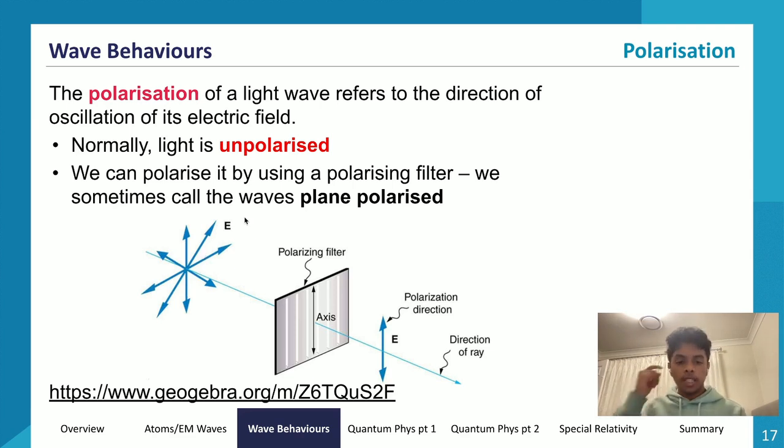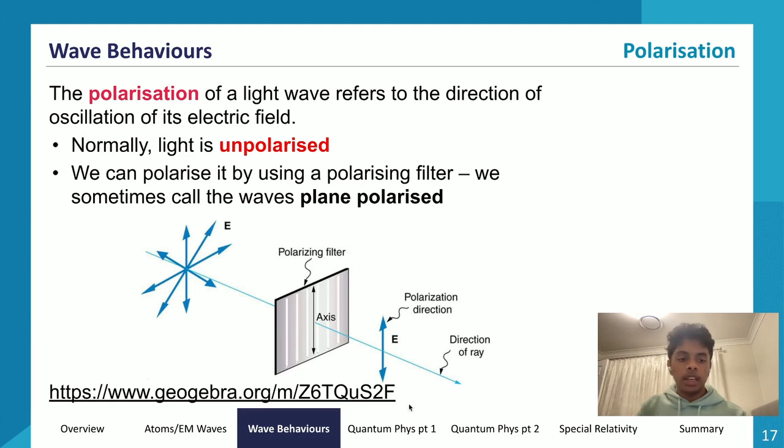What we do using a polarizing filter is we polarize the light by setting a polarizing direction, so that light will now only oscillate in one direction. As unpolarized light passes through a polarizing filter, we restrict the axis of polarization so that it will only oscillate in one direction. You can see over here, unpolarized light enters a polarizing filter with a vertical axis. So it's got a vertical polarizing axis. As it passes the polarizing filter, only the light that oscillates in the vertical axis will be able to pass through. And so now we only have plane polarized, vertically oscillating light.